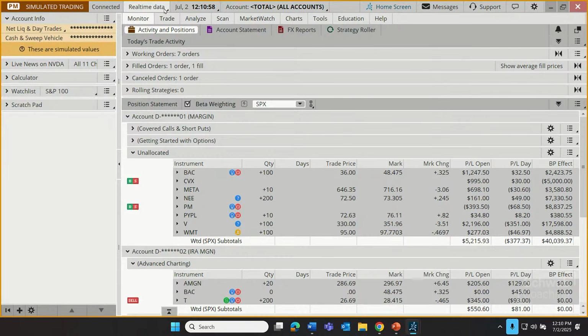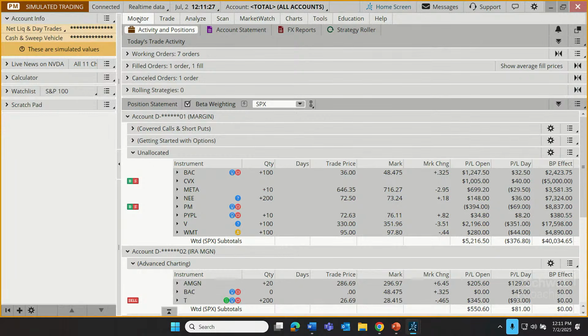And then across the top, we have a few rows of tabs that just help us get to anywhere on the platform we want to find ourselves. It also allows us to get back to where we wanted to go. We just go up here and click on Monitor. So you can't get lost here. If you ever feel like you've wandered too deeply into the catacombs of Thinkorswim Desktop, click on Monitor and you'll be back in familiar territory again.